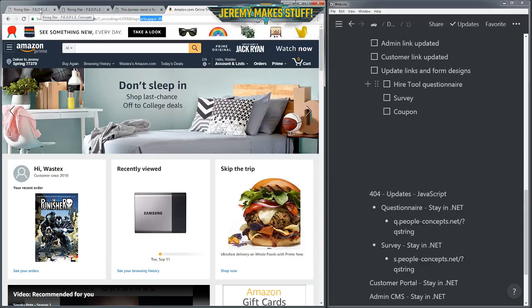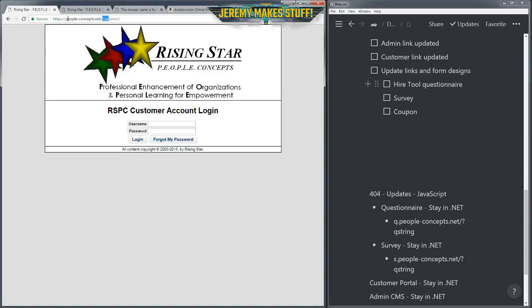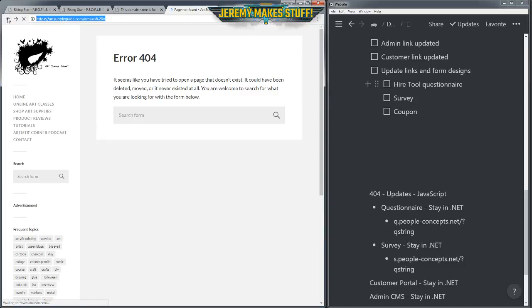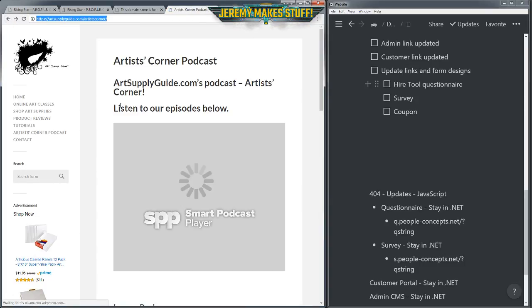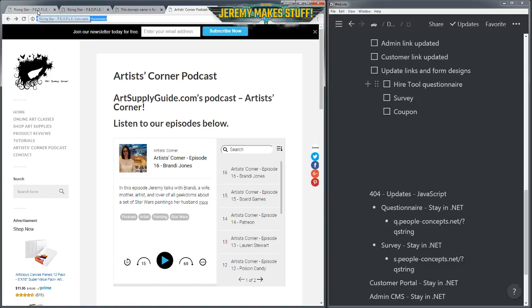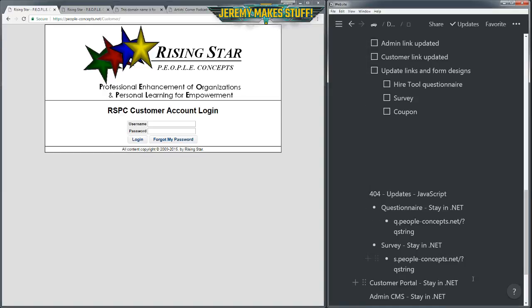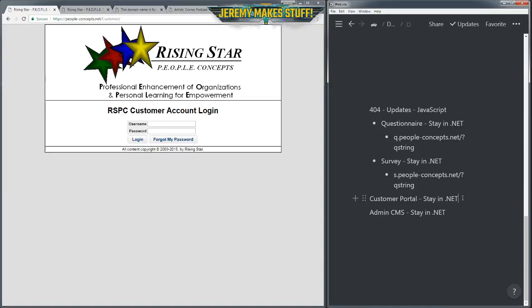So I think I can do something very similar, where if somebody goes to peopleconcepts.net/customer, I can just have a page on the WordPress website that will redirect to customer.people-concepts.net. So another subdomain, its own site.